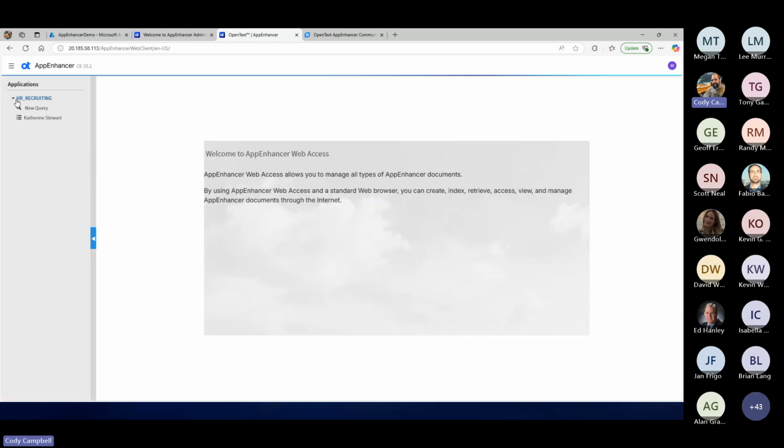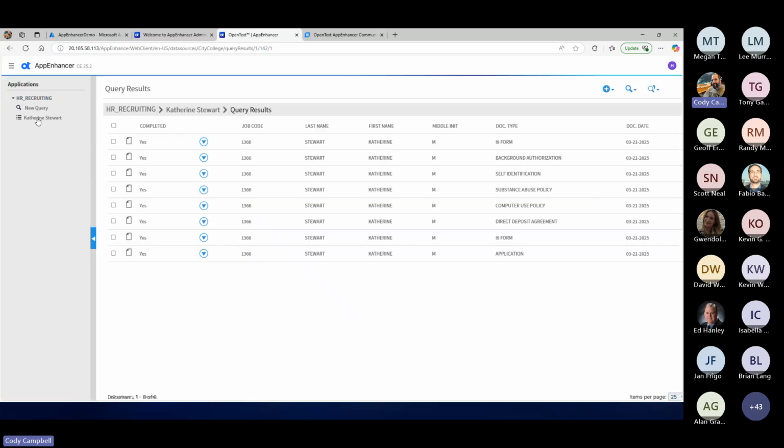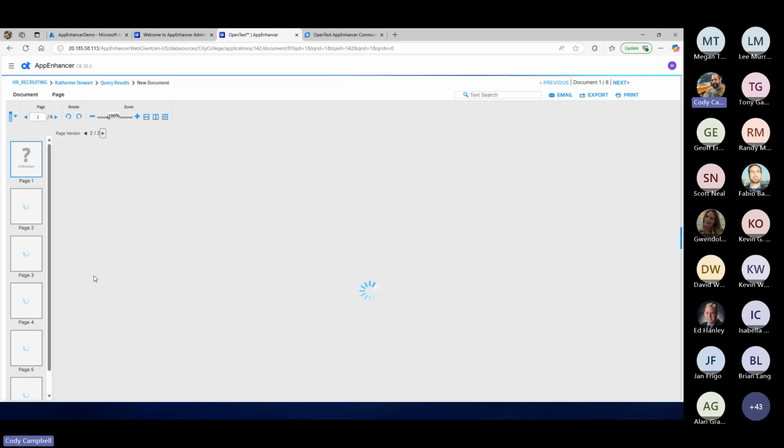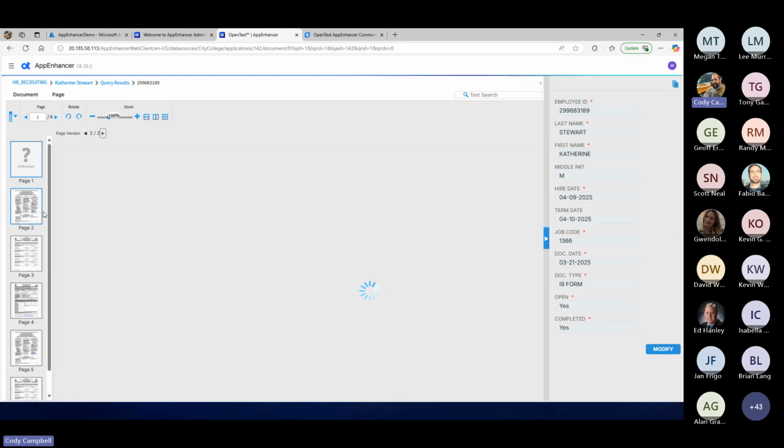So this is a pretty fast UI. I'll bring up a basic query that's saved, and I'll bring my document up. Depending on my render server and the type, it might be the first time that I've rendered since I just kicked this on too. So the rendering might be slow at the first run, but it'll be fast after the JIT. Nonetheless, you'll notice the viewer is nearly the same. The indexing pane is nearly the same.